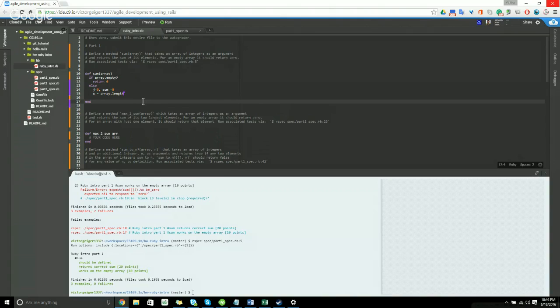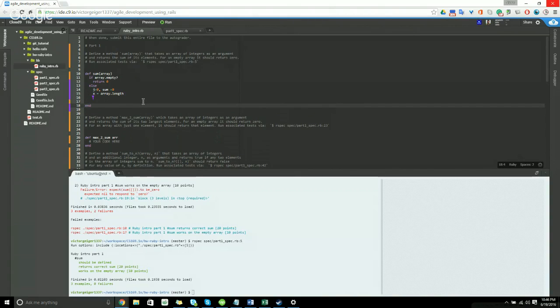Okay. So now what we have to do is we have to initiate an iterator like a for loop, so what I do is I run it x times. J is our iterator, so J